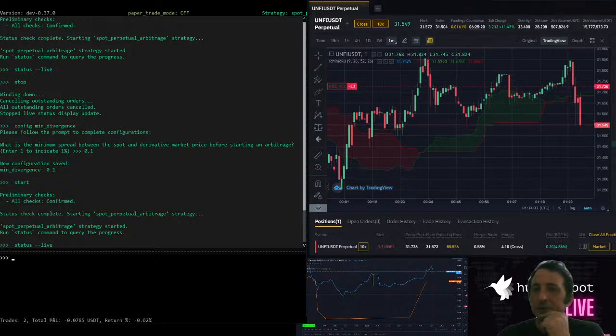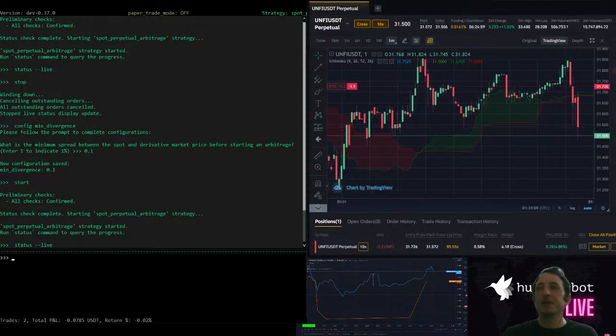Okay, so let me get back here to the question. Is it possible if you set minimum divergence of 0.3 and do both things with 0.2 divergence? Well, it is possible for this to happen, but this is where you have to measure your risk here. Because on this example,